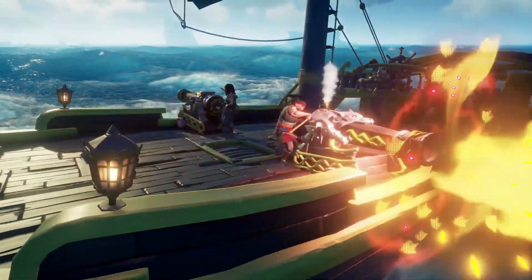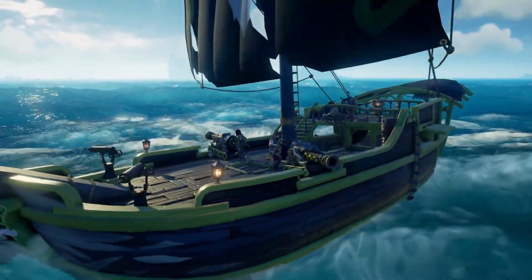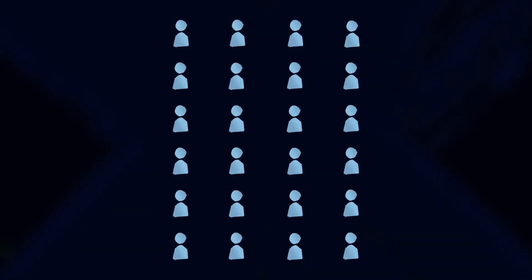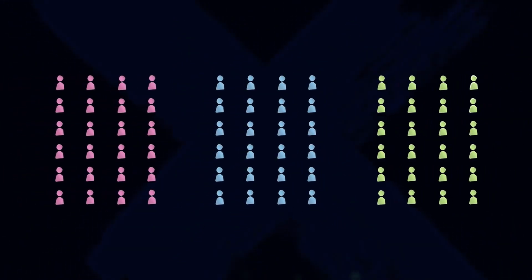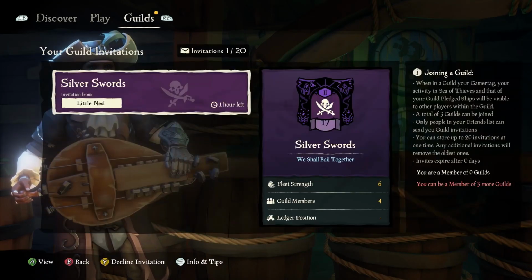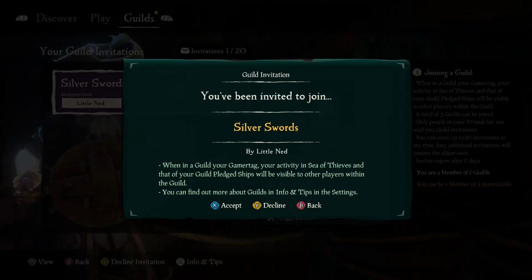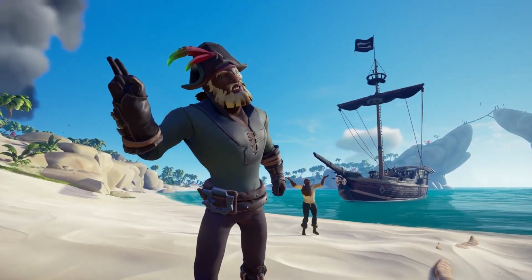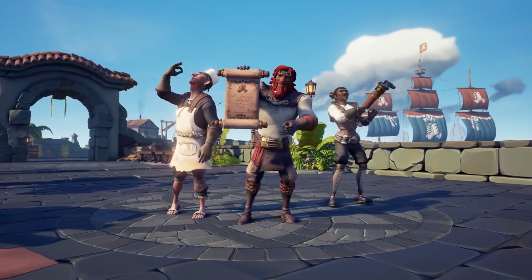Now after you've created your guild, you'll be able to invite friends to join. Each guild can have 24 members, and you're only able to be in 3 guilds maximum at any time. You can send friends invites just by having their Xbox gamertag. You'll be prompted to send invites after you create the guild for the first time. But then afterwards, you can invite anyone you'd like from the guild menu,